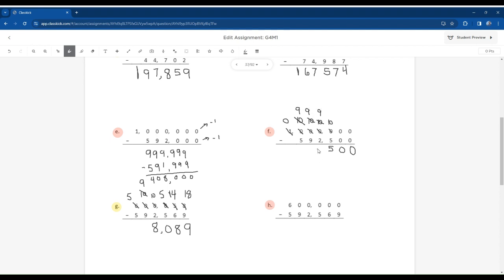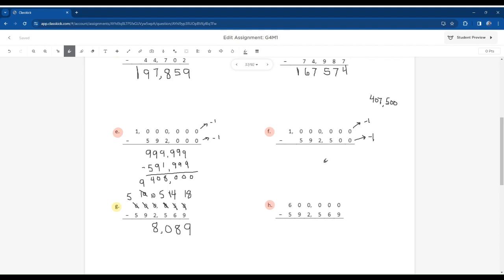So 9 minus 2 is 7. 9 minus 9 is 0. And 9 minus 5 is 4 to make 400, and 7,500. So I'm going to put that number just up here so we can check it, when we do that other method to save us all that aggravation and all those numbers to keep straight with our regrouping. So again, if I just remove 1 from this number up here and this number here,